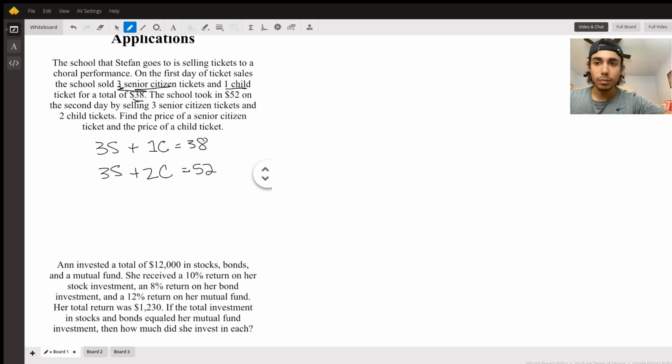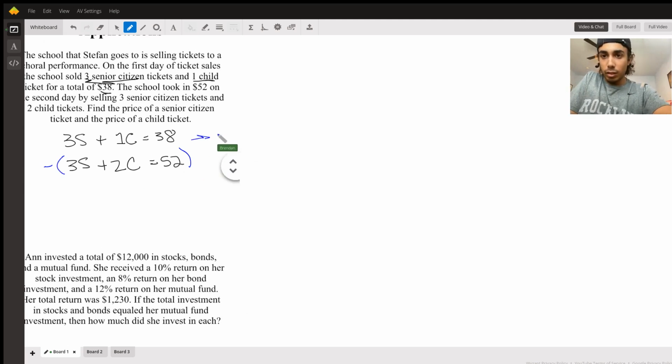All right, well, next thing we're going to want to do is solve this. So let's go ahead and multiply. Just notice what we have here, right? Remember, you're always looking for those opposite coefficients, and we're pretty close here. Both of our s's have a 3, and we want to make one of those into a -3, so we're going to have opposites. All right, so if I multiply this entire bottom equation by -1,